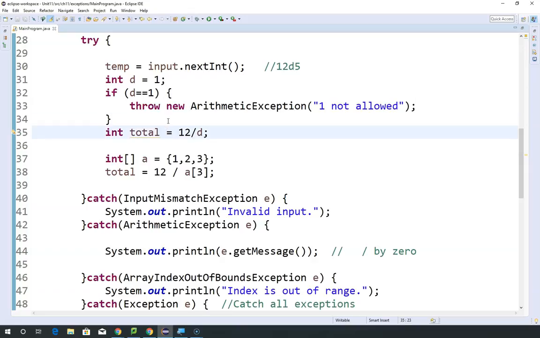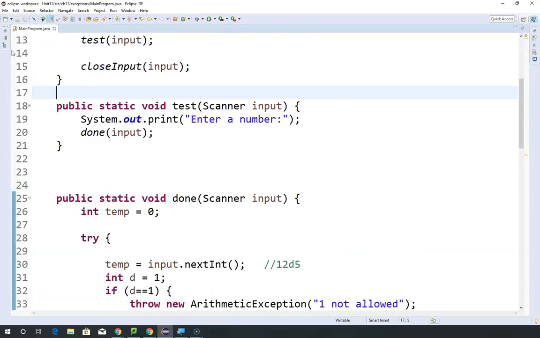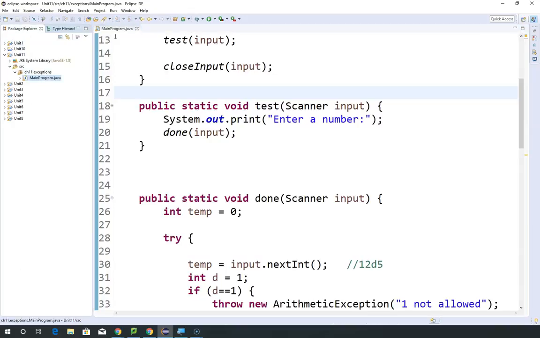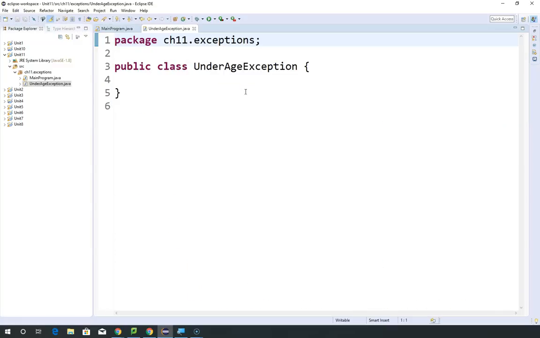Okay. So this leads us to the next part, which means if you can throw your own exceptions, you can create your own exceptions as well, your own rules to add to these errors. So I'm going to create another class out here, and we'll call it something meaningful to us. Let's just say that you enter a club or something, and if you're underage, under 21, you are not allowed, right? So you can say UnderageException. You follow the convention, underage and its exception, you put that word there. And it's just a regular class. So just like before,